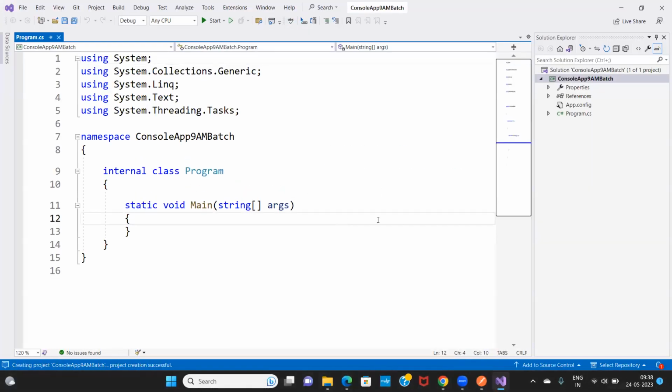So this is the first console application. Once we create a console project, it will display like this. By default, they will give the